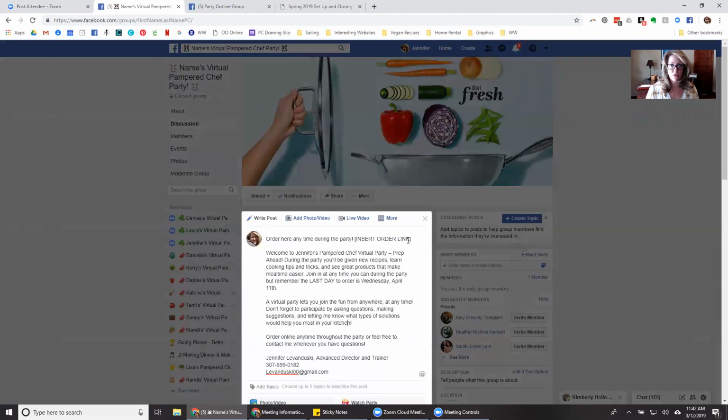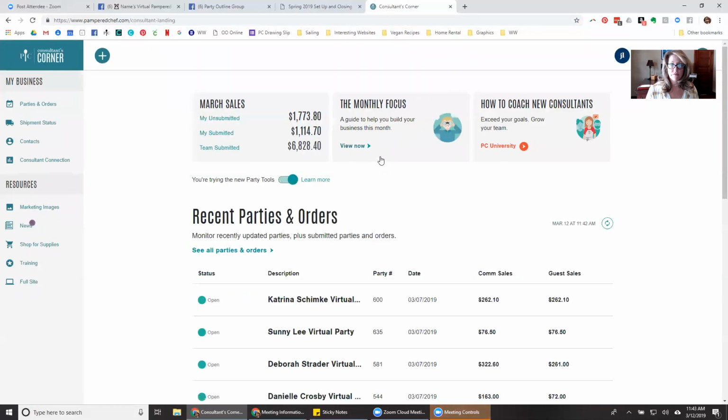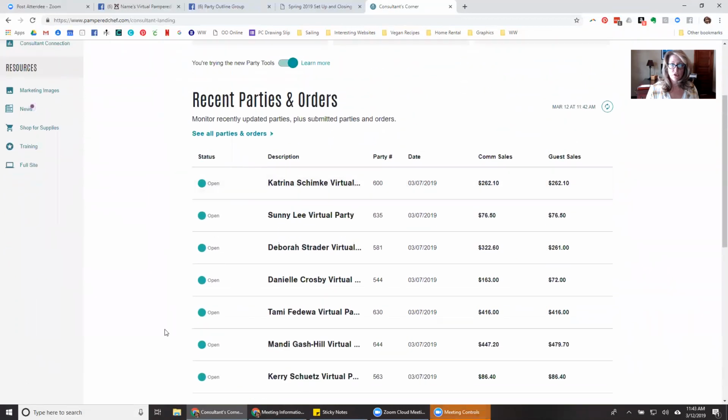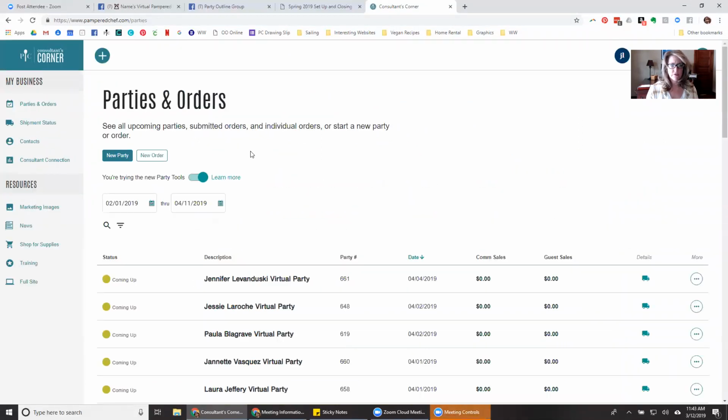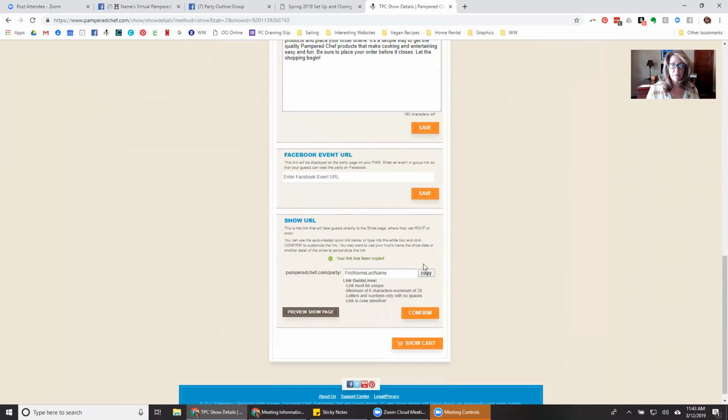We need to insert the order link. All right, so I'm going to go back over to my Pampered Chef tab, which I have closed. Let me go back to my party. So in this preview page, it only shows you the most recent parties that are going on right now. So I need to go to see all parties and orders. There's me. So I'm going to go over to this circle with the 3 dots, edit party page. Then I've got to scroll all the way down, copy the link right there,